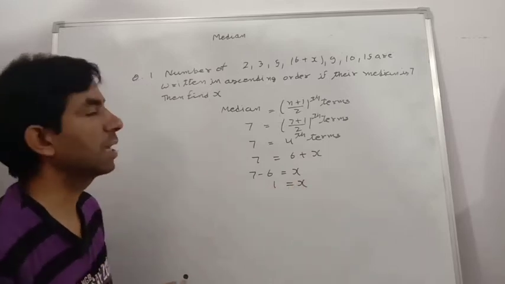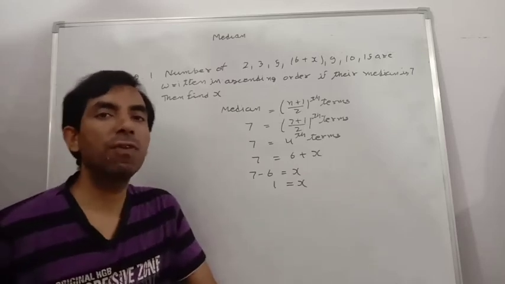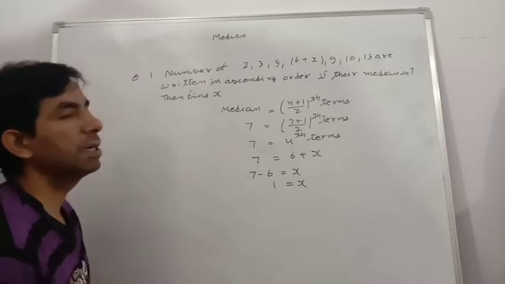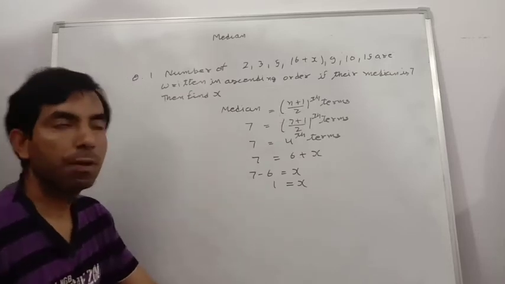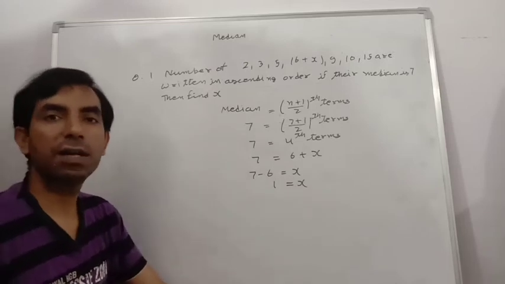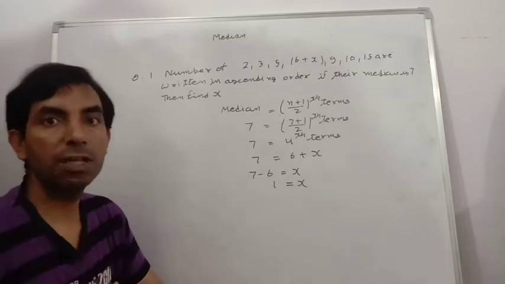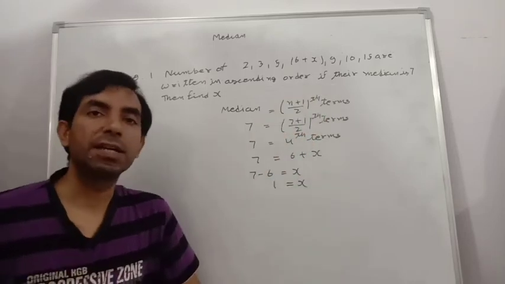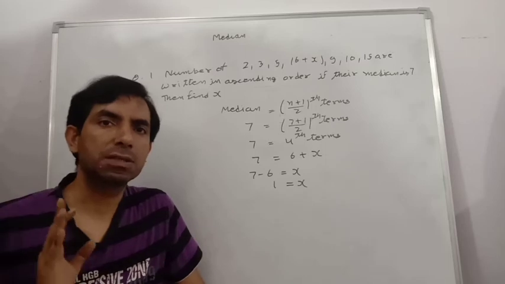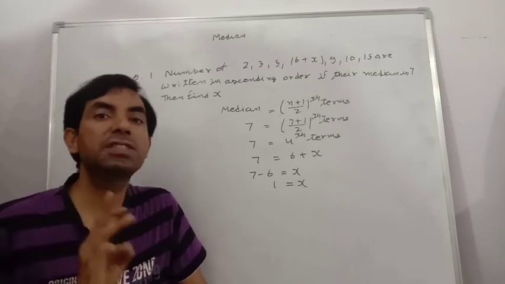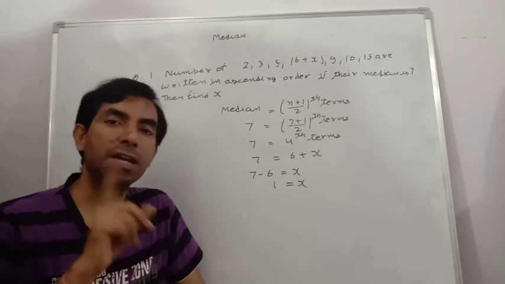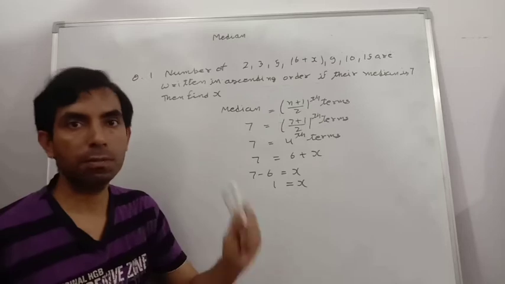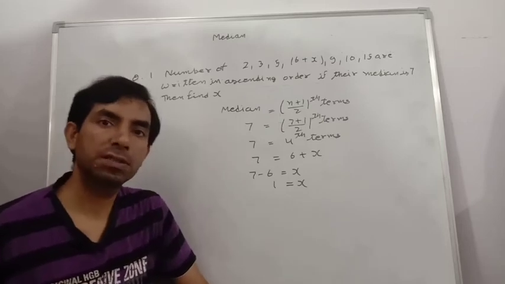By this method we can calculate any unknown value in our data if the median is given. Always remember, it does not matter what alphabet is given in our data. First we use the formula if the median is given. I always say that if any question in mathematics has something given which has a formula, then use that formula. Here the median is given and median has a formula, so use it. So let's take today's next question.